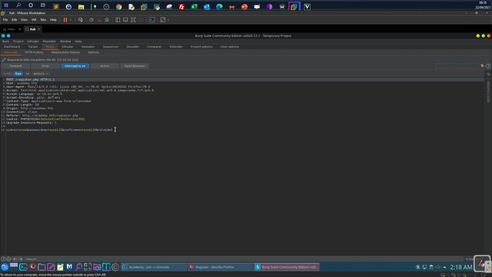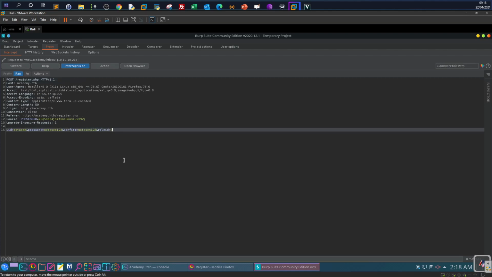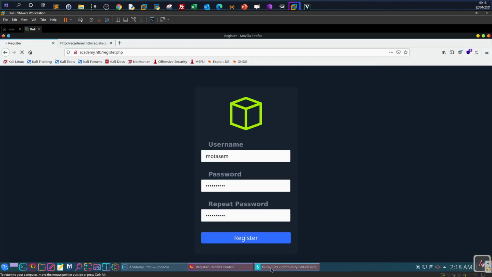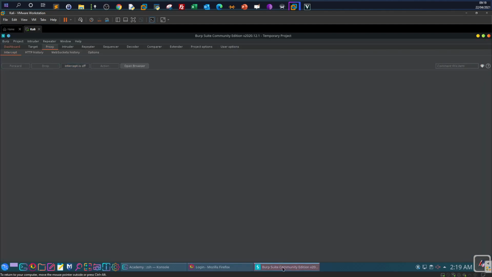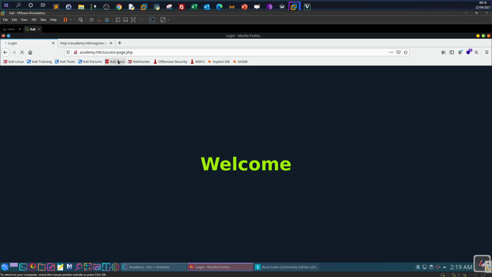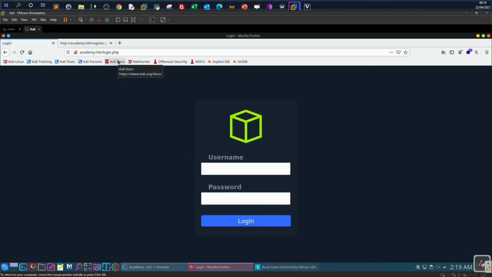As you can see, this is the hidden field captured by Burp. So Burp now enables us to change this. By changing this to 1 and clicking forward, all right, now we are logged in. If we log in now with the same credentials we used during the registration,